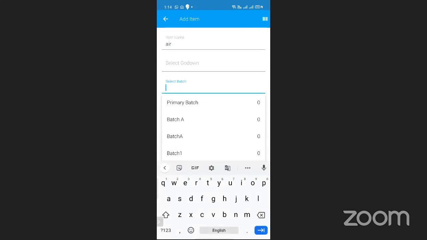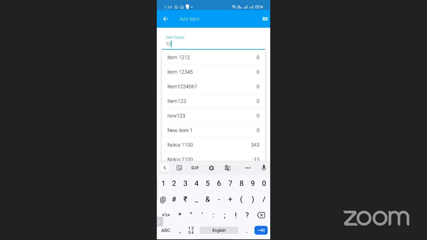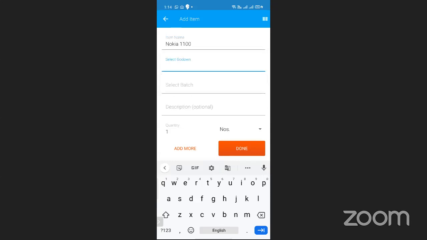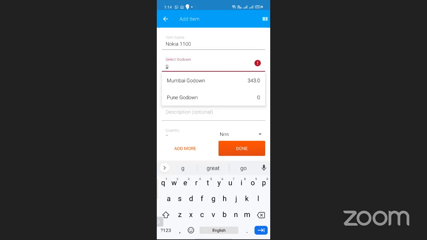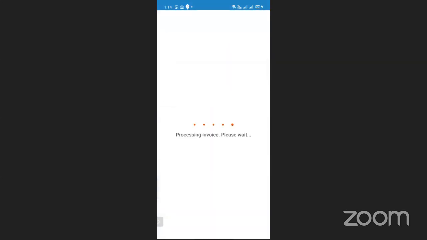By mistake I put a ledger name. So let's pick one stock item, Nokia 1100. Then warehouse, select godown. I'll select Mumbai godown. Batch, I'll select primary batch. Okay, this is how you can select the batch, and accordingly from that batch you can select the stock. We'll add 1 unit only, and we can save the invoice like this.